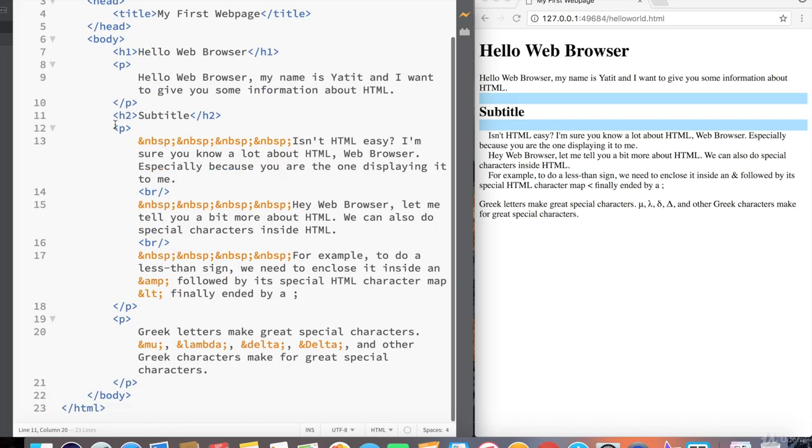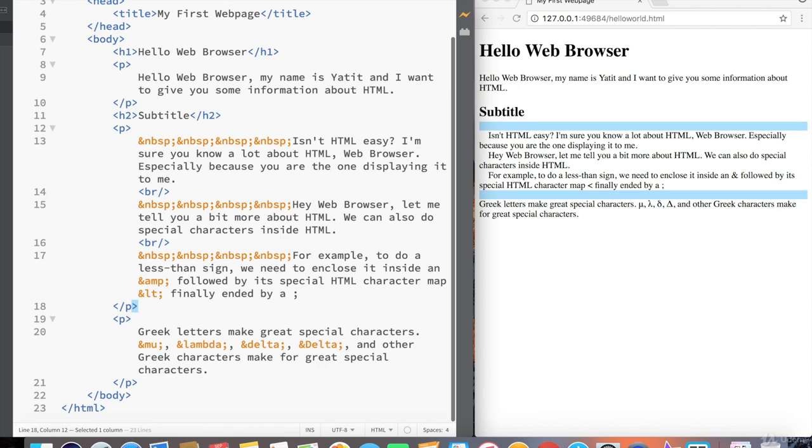And we've also introduced a paragraph tag, and in the last lecture we went into self-closing tags such as the break tag, and also special reserved characters inside of HTML, like the ampersand, the less than sign, and the greater